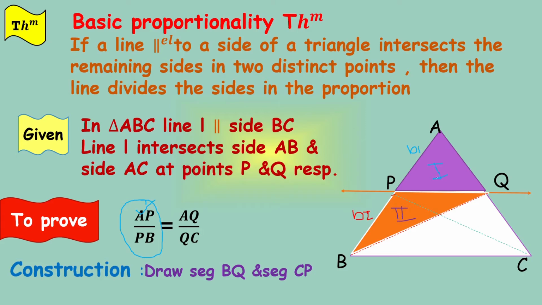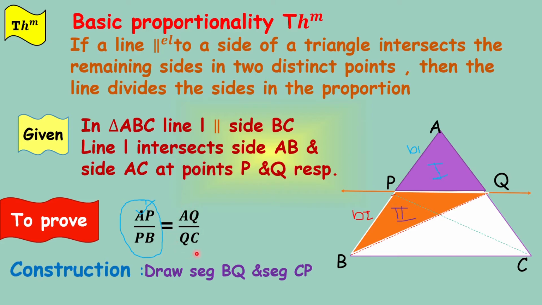Observe again, the base of first triangle is AP and base of second triangle is PB, lie on the same line AB, and opposite vertex of the base is Q, which is common. Therefore these two triangles have equal height. Also, that means area of triangle APQ upon area of triangle PBQ is equal to AP upon PB. Then we find this ratio AP upon PB.